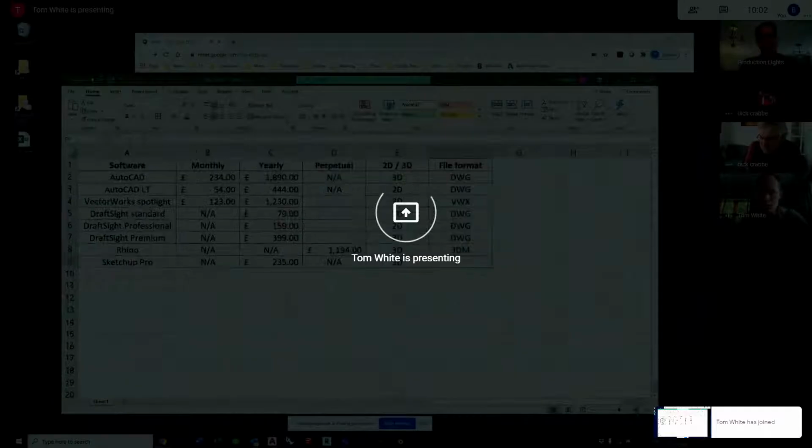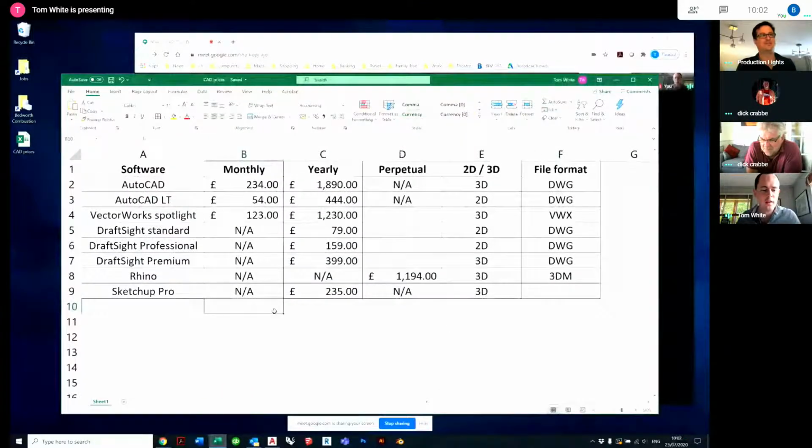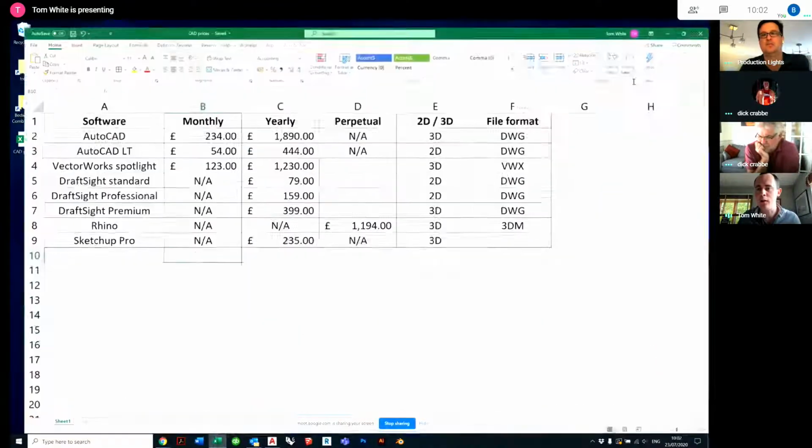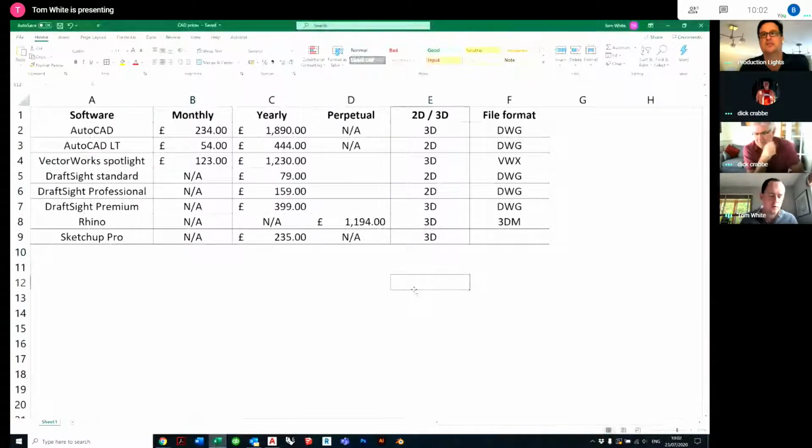If I share my screen, and I'm going to share my entire screen like so. Can everyone see my screen? Yes. Fantastic. So one thing we've been discussing over the last few months is different file formats, but also more importantly, software types. And we might suddenly mention a brand new piece of software, and maybe we don't go into enough detail to describe what it is. But we thought it would just be nice to come up with this really basic spreadsheet